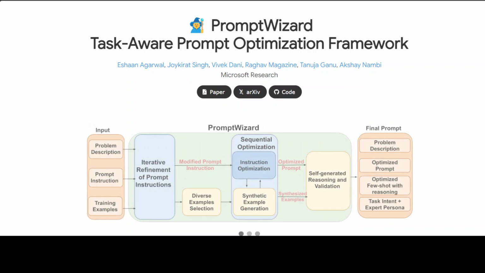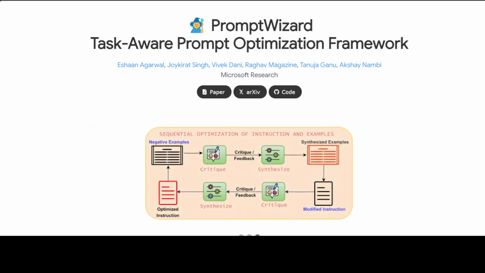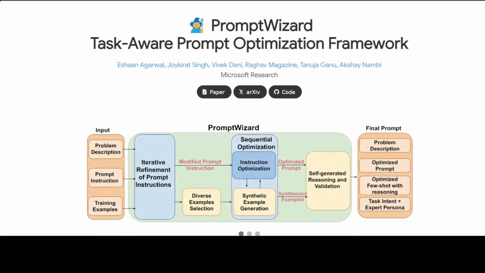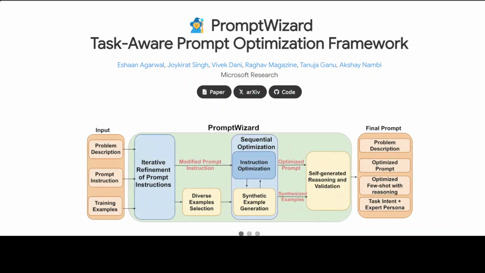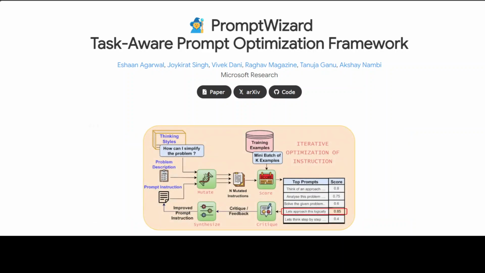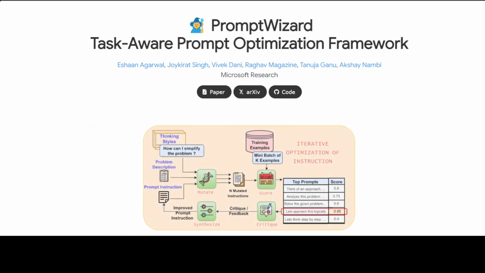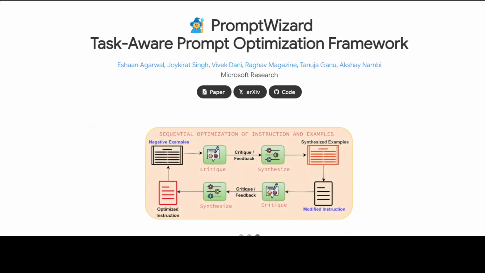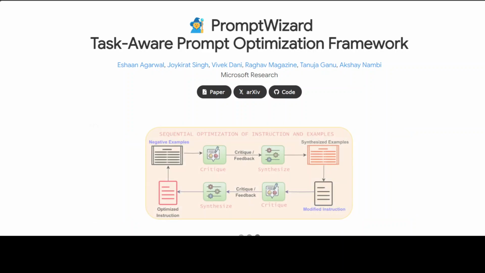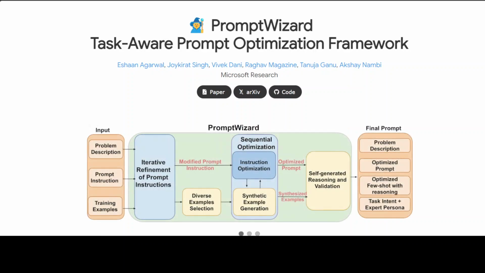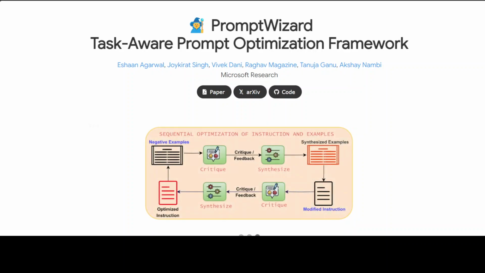In this video, we are going to install Microsoft's PromptWizard. Microsoft PromptWizard is a task-aware, agent-driven prompt optimization framework that is a discrete framework that uses a self-evolving mechanism where the LLM itself generates, critiques, and refines its own prompts and examples. It continuously improves through iterative feedback and synthesis. This self-adaptive approach ensures holistic optimization by evolving both the instructions and in-context learning examples for better task